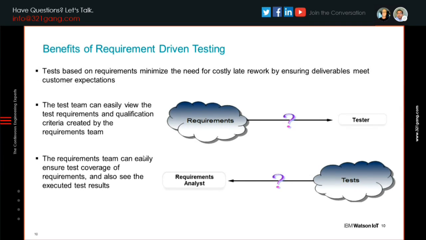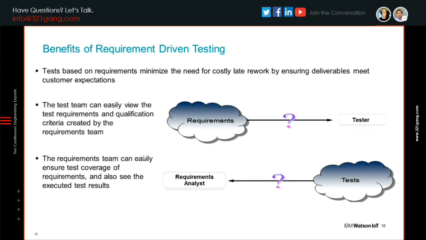The reason you want to do this is that if you are developing your requirements with the idea that we need to be able to test them, your requirements are going to be written better, and there's less risk of having to rework tests or rewrite requirements because they were written in a way that a tester can't test them.